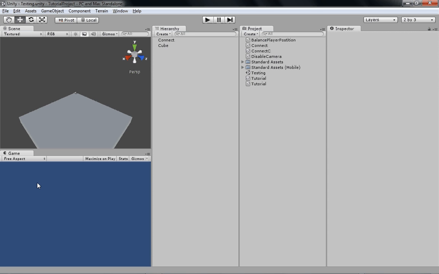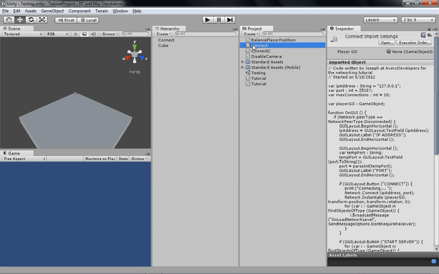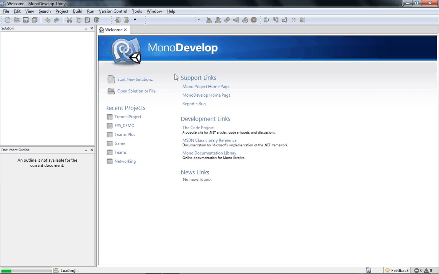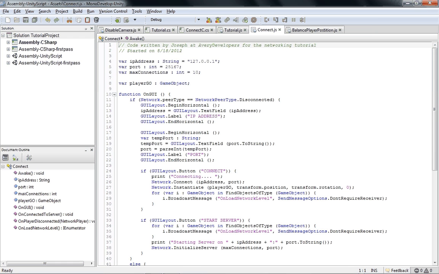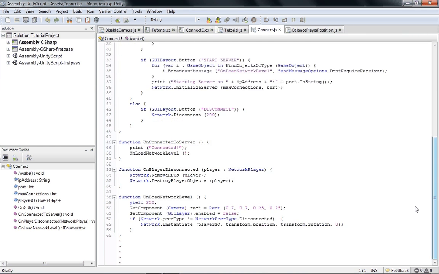So, here is our scene, and in this tutorial, I'm going to be adding a couple things that'll make the code run smoother. So, as you saw in the last tutorial, when you disconnected from the server, the two characters would remain in your scene, even though they were moved out of the network. So what you want to do is